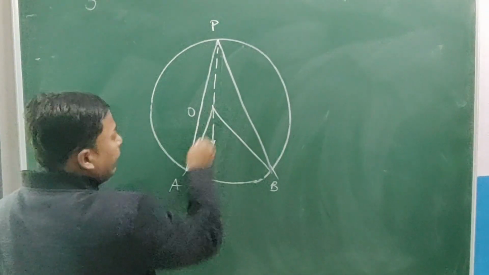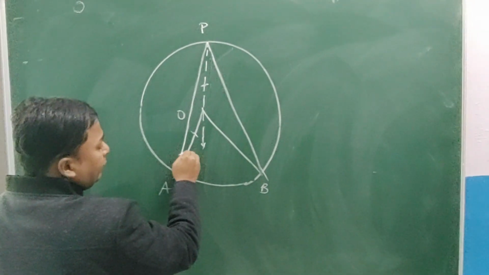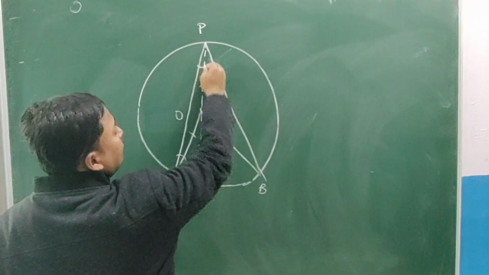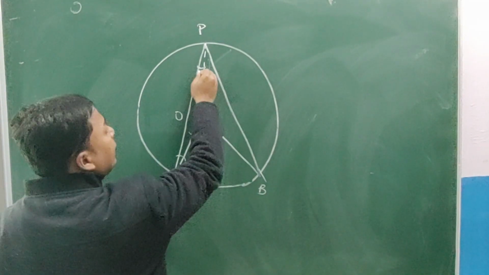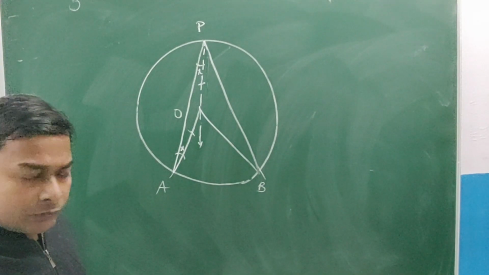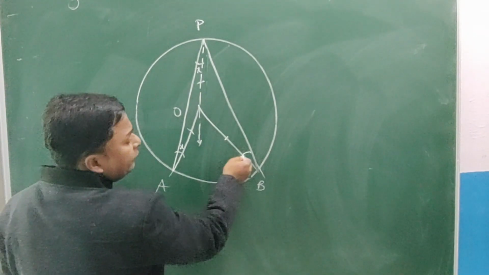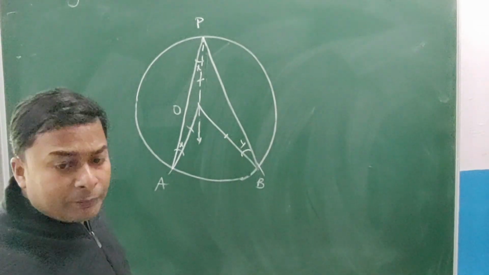Now OA is equal to OP. So this part is equal to this part. So can I say that these two angles are also equal? If this angle is X, this angle will also be X. Whereas in this triangle, this is also equal to this one. So if this is Y, some of the students make mistake over here.